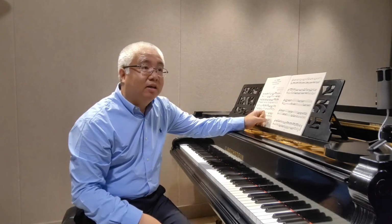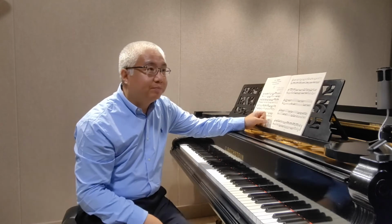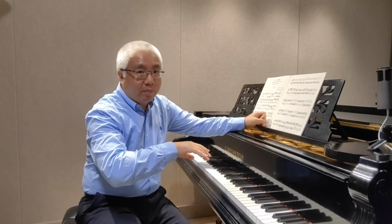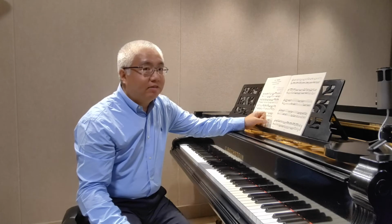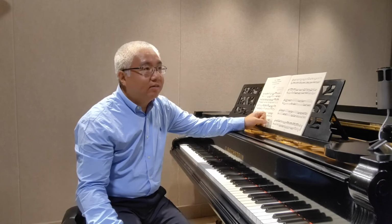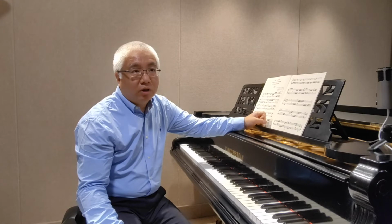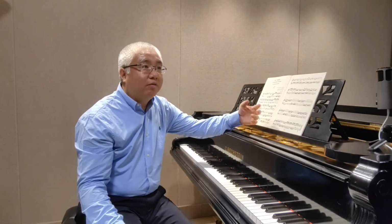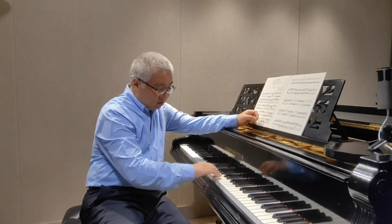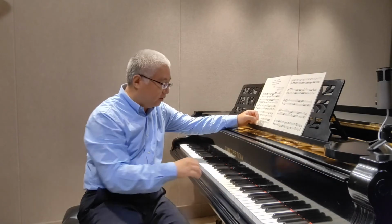Bach rarely writes fingering for his music, but this is one case. So he's basically teaching his son the most fundamental fingering at the time. It's the old-fashioned Baroque fingering. It has a lot of use, actually. It's great, first of all, for articulation and phrasing, because if you want to phrase it this way, this fingering 3/4 is much better than